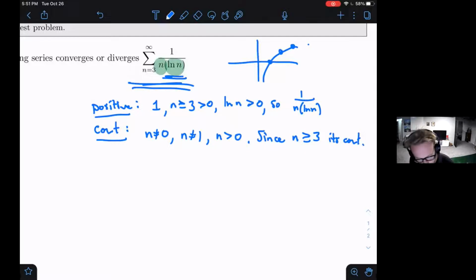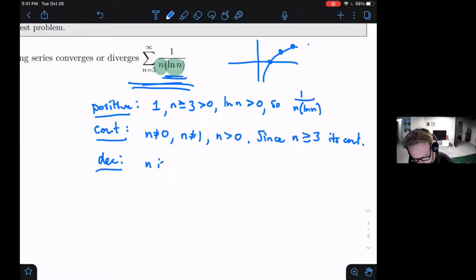And then finally, decreasing. We talked a lot about this in the pre-class video. I gave some shortcut techniques in order to determine if something's decreasing or not. Formally, if you want to know if something's decreasing, that's a Calc 1 skill. You take the derivative and find when it's less than 0, because if the derivative, aka the slope, is less than 0, that means it's decreasing. However, we saw that if you have a reciprocal function like we do here,